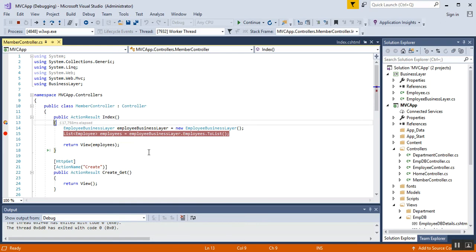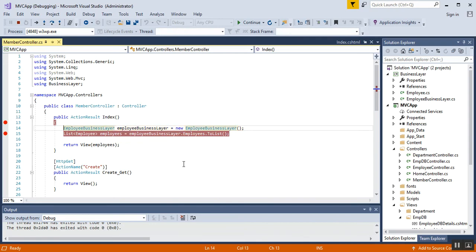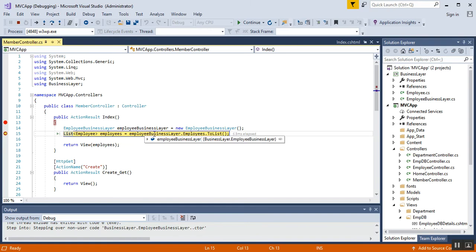So I'll press F11 here from the keyboard, and once I click F11, you can see that the breakpoint moves from one line number to the next line, right, from here to here. And if you click F11 again, it will go to the next line, that is the employee business layer. And if you click here again,